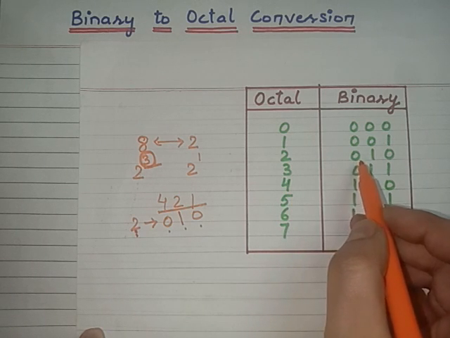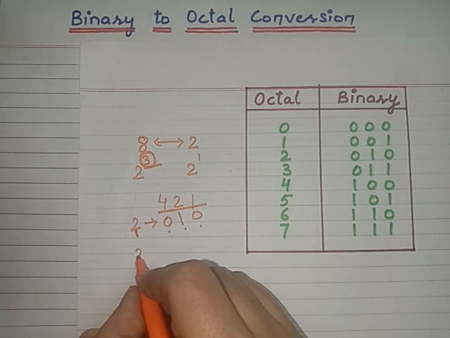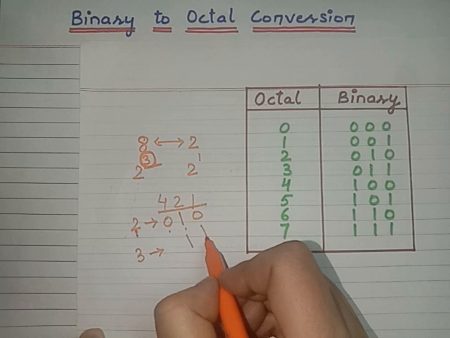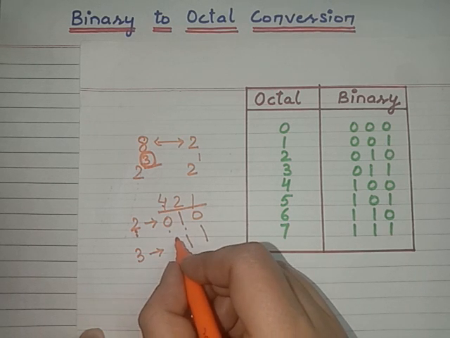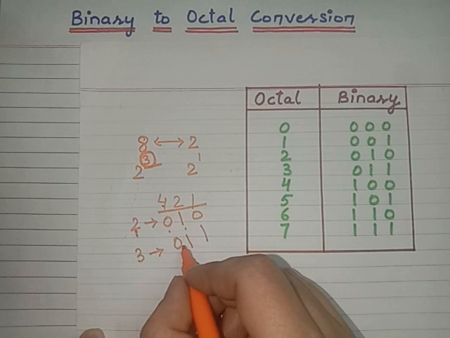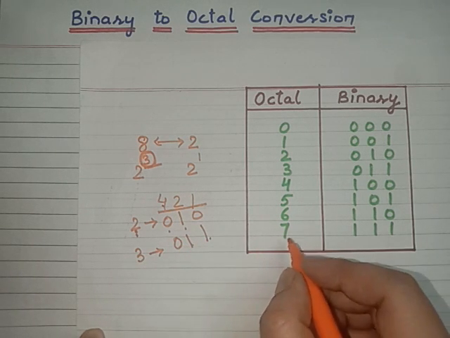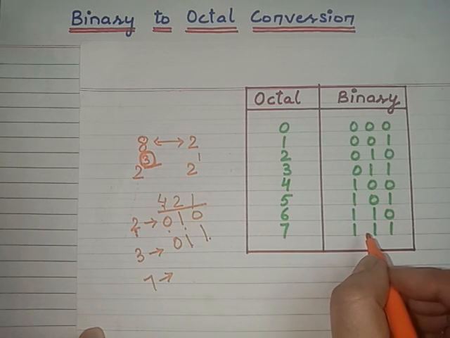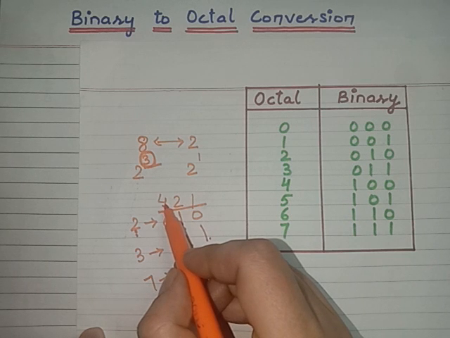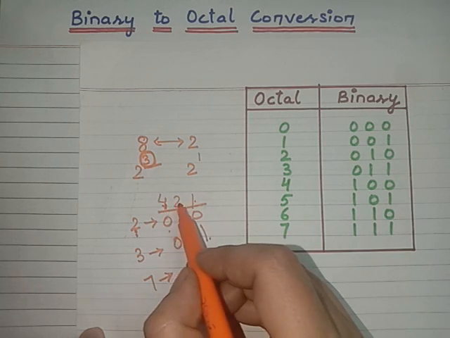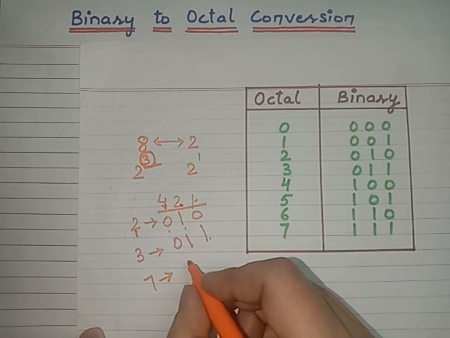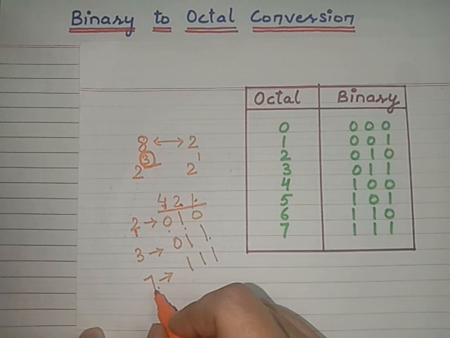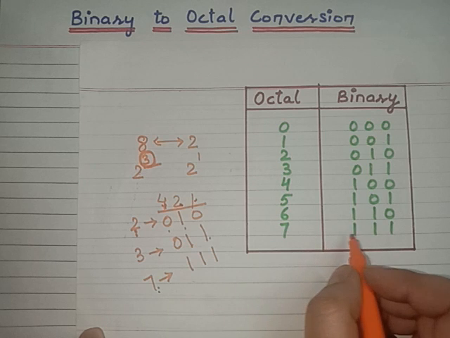Suppose we are going to write the number 3. So we are going to use the 2 and going to use 1. The rest of the numbers we don't need, that means they will be 0. So the code for the 3 is 0 1 1. Now we want to convert the number 7 into binary. So we will be using 4, 2 and 1 because 4 plus 2 is 6 plus 1 is 7. So all the numbers will be included in 7. So the code for the octal 7 is equal to 111.